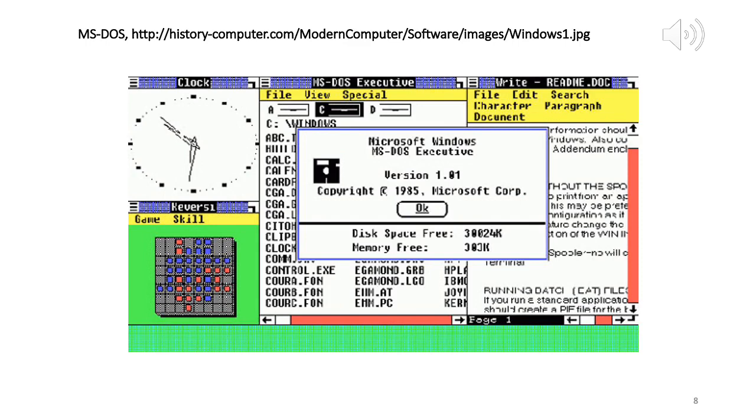Okay. So this is Microsoft's version of the graphical user interface. There's a game, there's a clock, MS-DOS command prompt, readme.doc file, right? Their Word file. So you can see more or less all the user interfaces look similar, right? So what you do is, now you're given icons, you're given options, drop down options, let's say, and then using your mouse you pick an option, and what that does is that causes the software or the code for that option to execute.